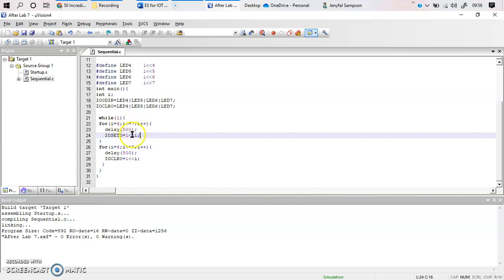Yes, it is less than 7. So what is going to be given over here? i is equal to 5. So the value 5 is set. First the 4th bit was set, then the 5th bit, followed by which you're going to increment the value of i again, and i becomes 6. Is it less than 7? True.